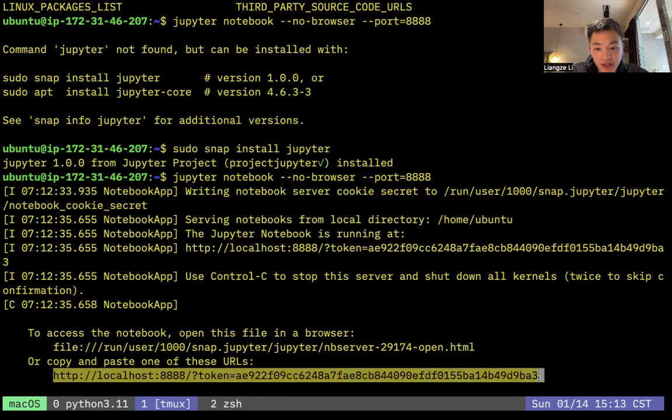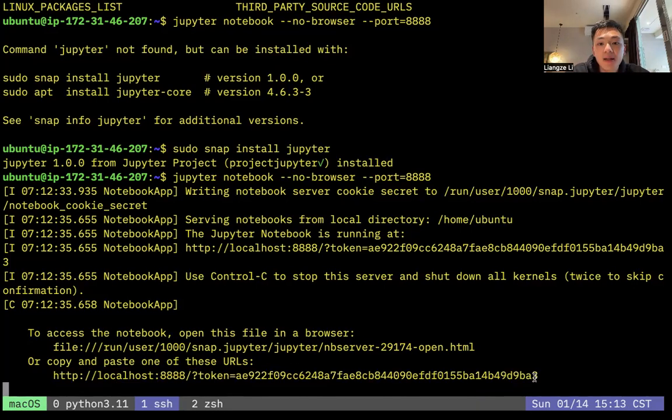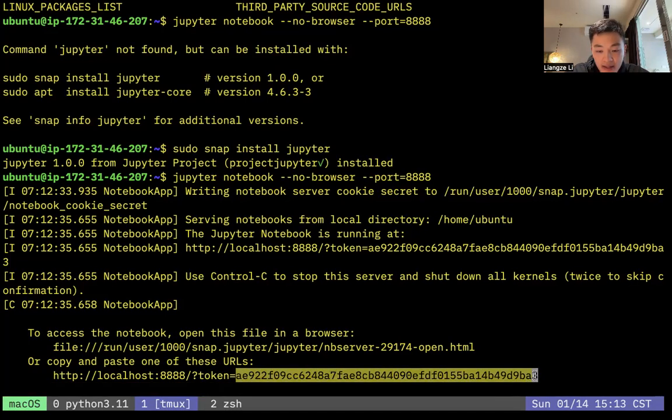Specifically, we need to take a look at what looks like a website address over here. It is not an actual website because it's on the local host, but take note that the port on the remote machine is 8888, and the token starting with AE92 is this string over here. So we need to be able to retrieve the token if we want to view the notebook